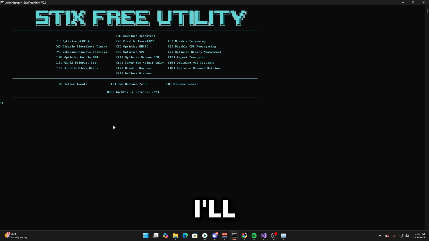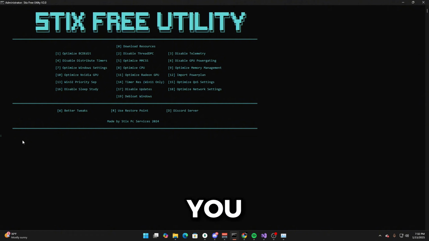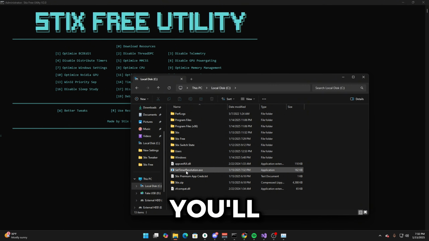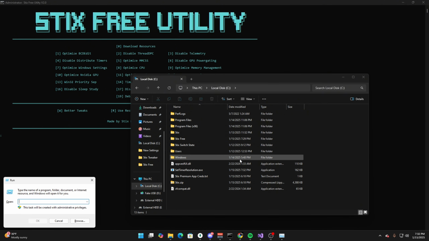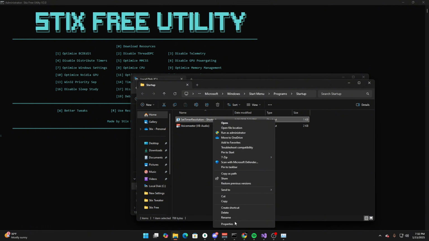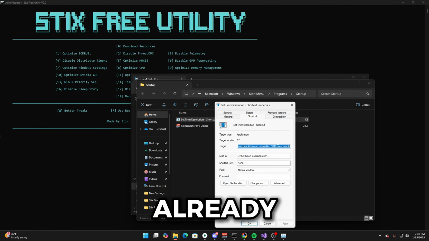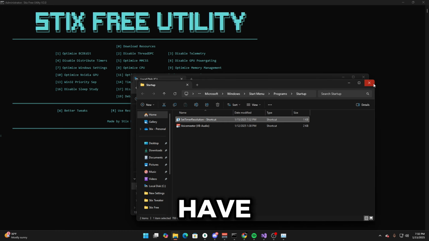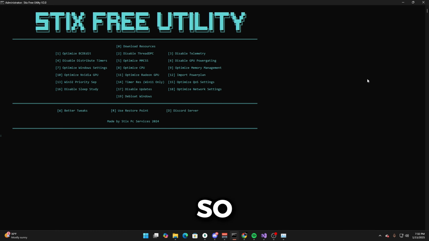Since I'm on Windows 11, I'll type 14, and then once it's done, you can just go to your C drive again, and you'll see a set timer res.exe. Then you can do Windows key plus R and type shell:startup. And you'll see a little shortcut right here. Click properties, and as you can see, I already have a preset res, which works the best for most users,